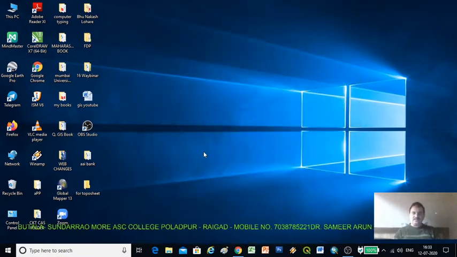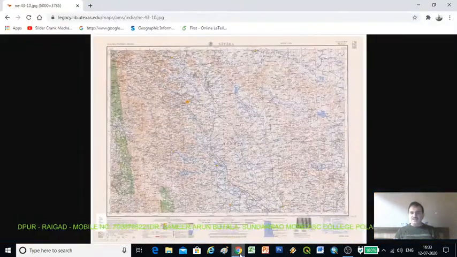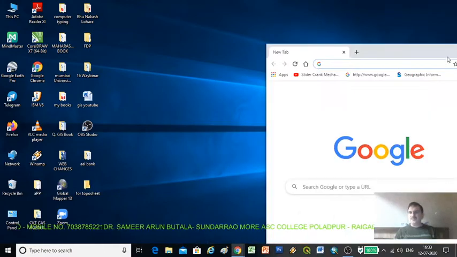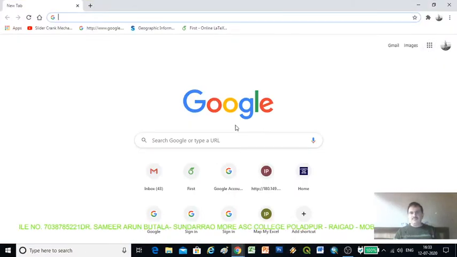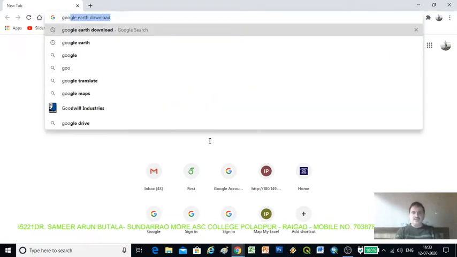For that we can use the Google Earth platform. While using Google Earth, we have to use the Chrome or Firefox browser. I am using Google Chrome. I just type here Google Earth.